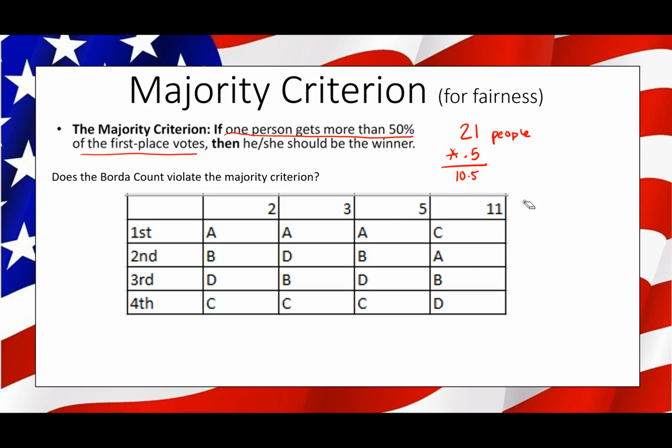So who has the majority here? Well, you should have said C, because C has 11 votes out of the 21 people that have voted, and it only needs 10.5 votes to have the majority. Okay, well, I guess it needs more than, right? So it should be more than 10.5. So yes, 11 is more than that 10.5 votes needed. So C wins the majority.